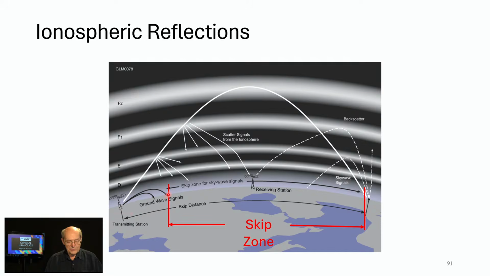We have the ground wave, we've got the sky wave, and then the skip zone in between. Now what really happens is that as we cross these boundaries, there's some amount of signal that gets refracted as we cross these boundaries. It's a fairly small amount, but it results in signals being sent into the skip zone. There's also a concept, this is our transmitting site, receiving site. There's also a concept called backscatter, where a signal will come down here and actually scatter back into the skip zone. It's not very predictable, you can't count on it, but it's a